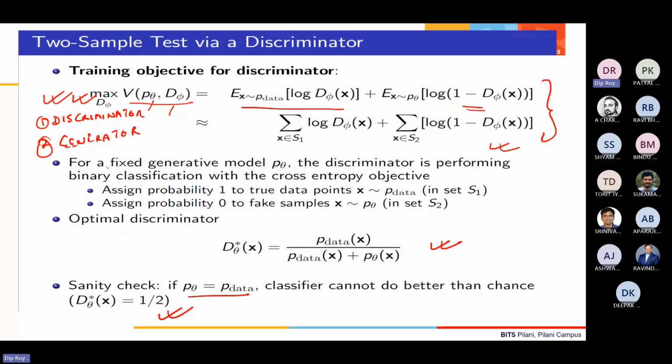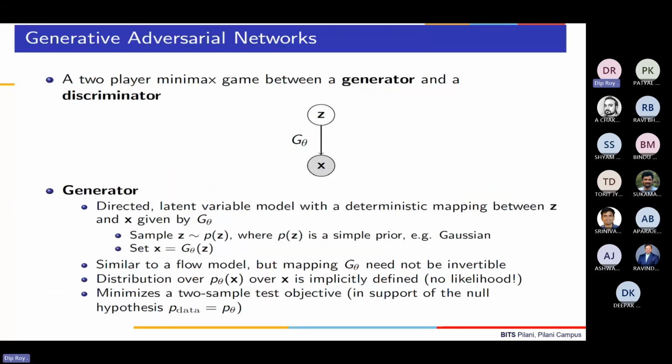Right. So if we now go to this, now comes the second component. Okay, till now we were talking about the first component, even though I gave you the flavor of the second component just to make sure that all the things are in place. So now what will happen is this GAN is nothing but a two-player min-max game between a generator and a discriminator. The generator is going to be a simple neural network, where it is deterministic in nature, and